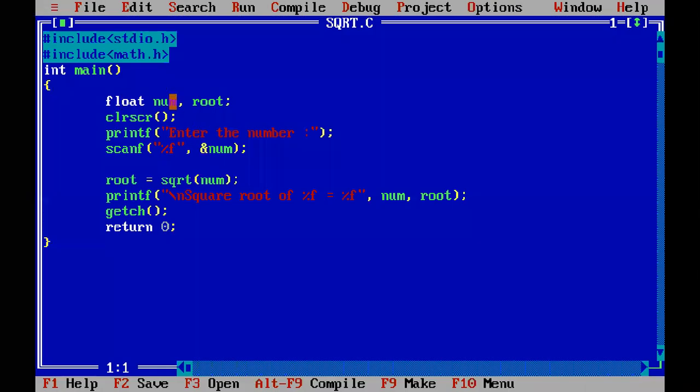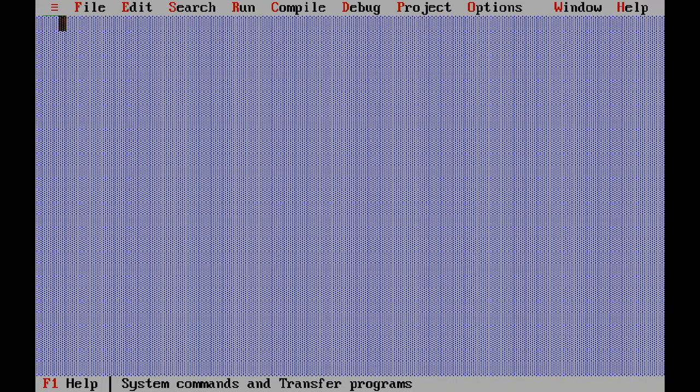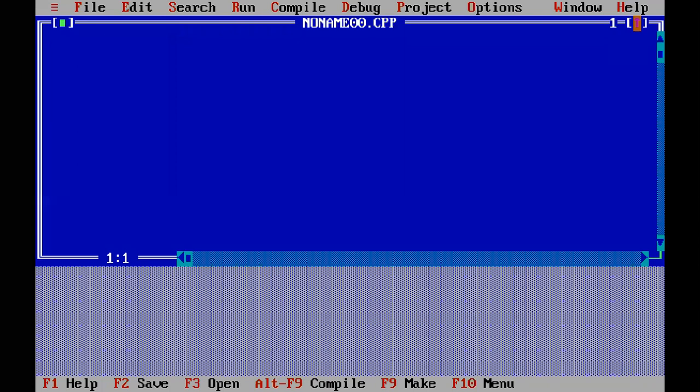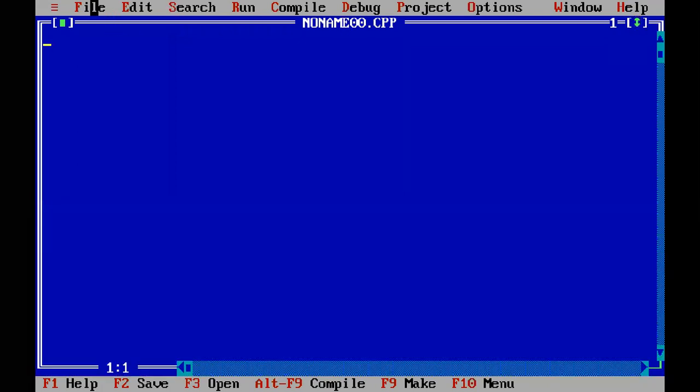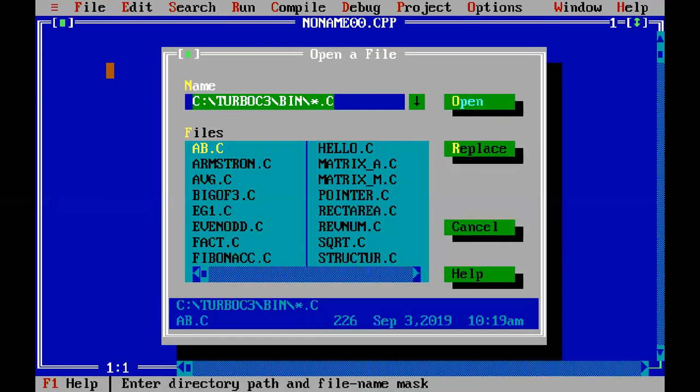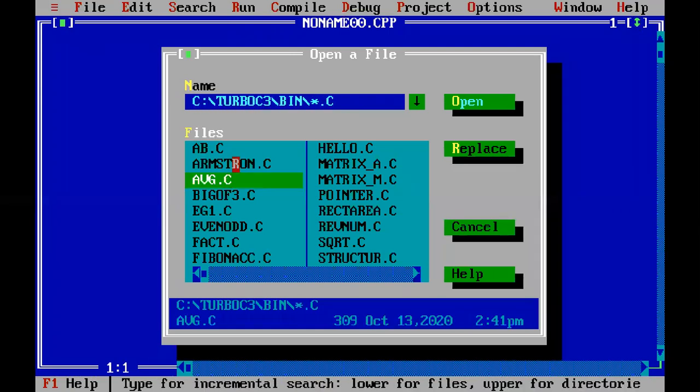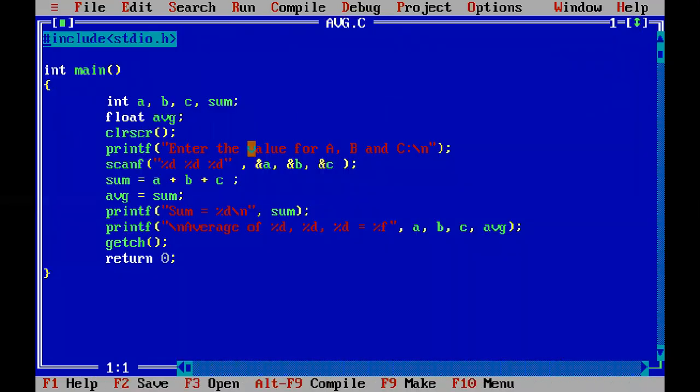Okay, so this was one example which we saw yesterday to calculate the square root of a number. We'll look at some very simple examples. Also, we looked at one program to calculate the average. That was also a simple program where we learned how to calculate the sum of three numbers, then the average, and then we learned about typecasting. Yes, explicit typecasting and implicit typecasting.